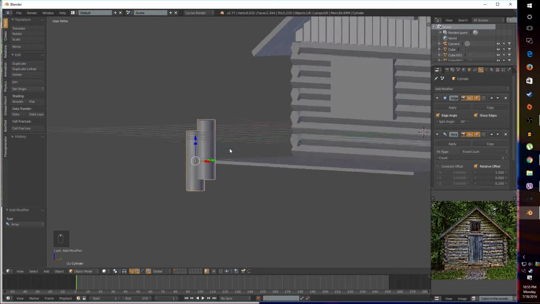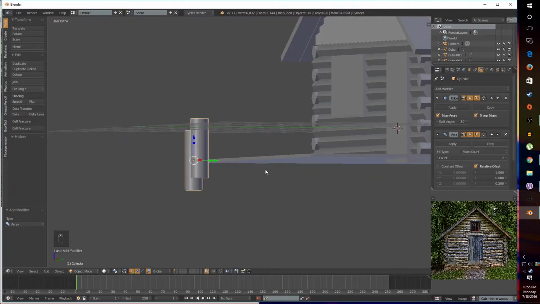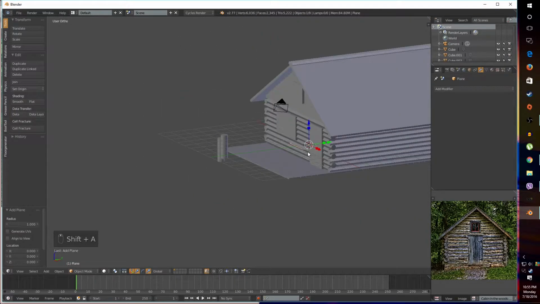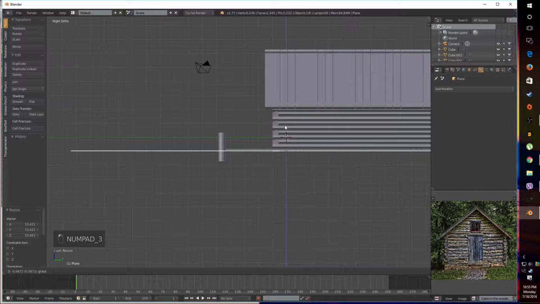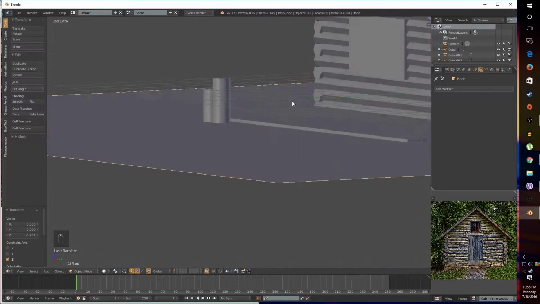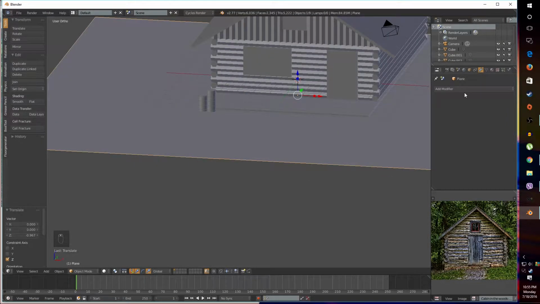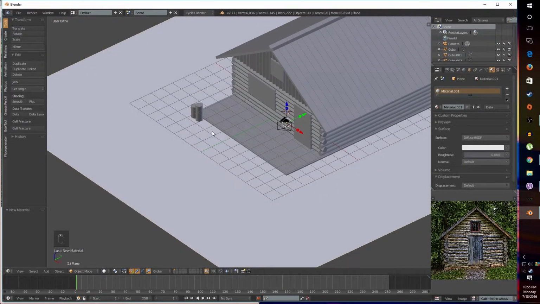So everything beneath this point is going to be covered by floor. So this is going to be a floor. Just in case, I'm going to scale this up and move it right here. So basically you can think of this plane as flooring. I'm going to give it a material here so it differentiates from the rest of the image. So go to materials, new, and voila. Okay, so this is going to be a floor,